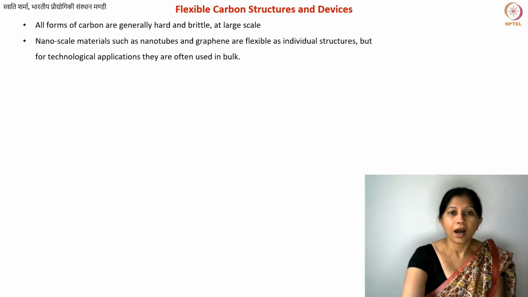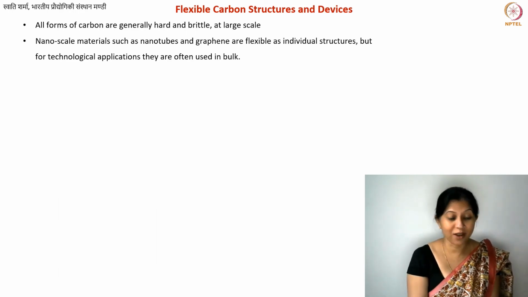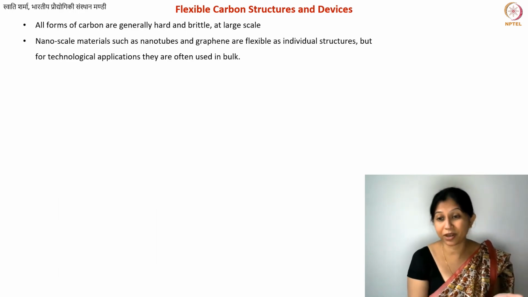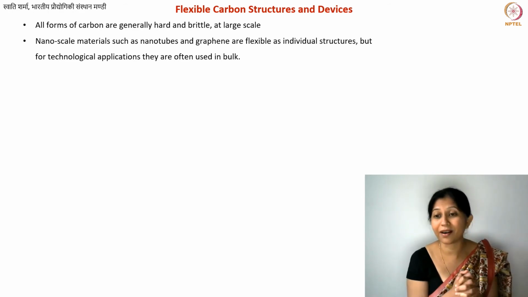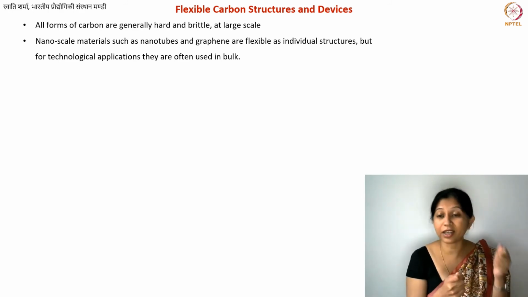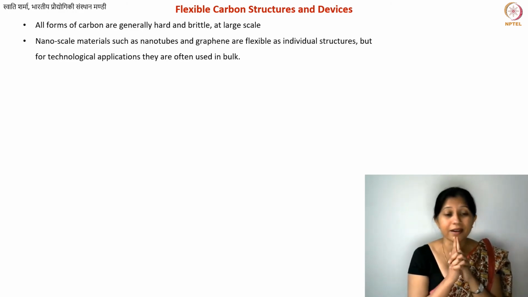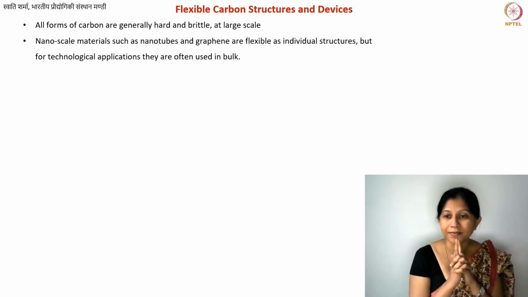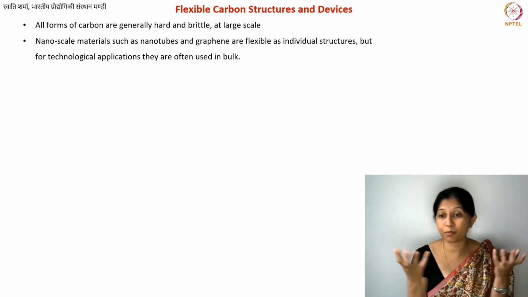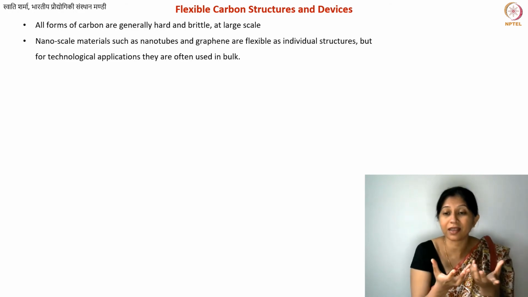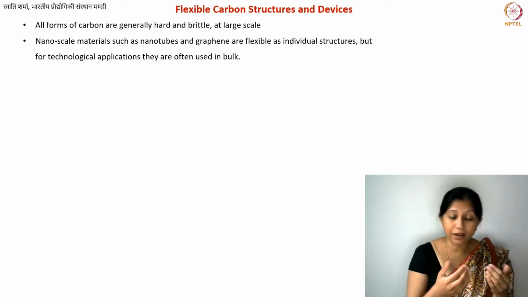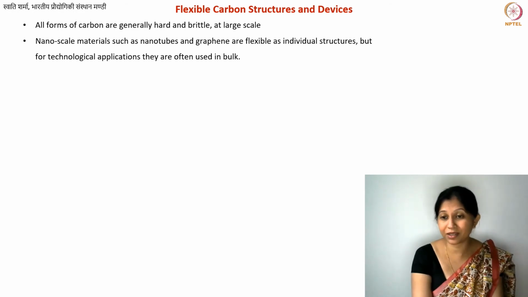Okay. So how do you now make something flexible with carbon, which is hard and brittle? Most of the forms of carbon are hard and brittle. Unless you're taking a single carbon nanotube or single graphene sheet, yes, that is wavy and that is flexible. But that single graphene sheet you're hardly using in devices. Whenever you're using, again, even if you're performing printing, then you're using the entire thing in bulk. And if you're using any large scale carbon material, that is going to be hard and brittle.